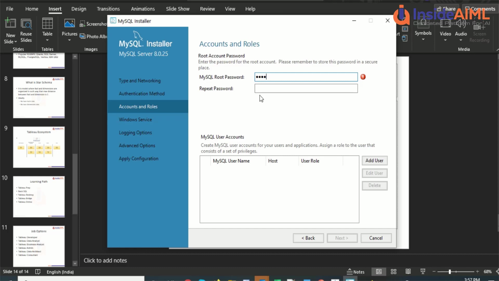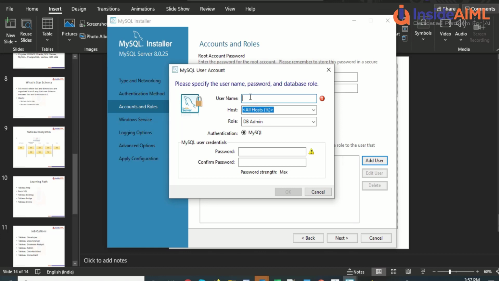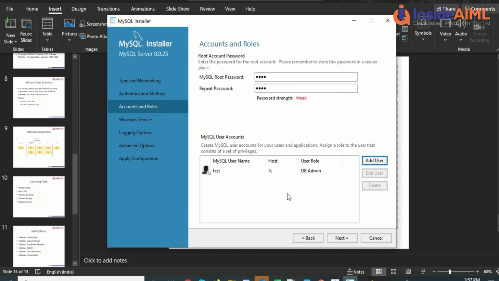So I'm giving some root password. Okay. Username, let's say test. All hosts, DB admin role, password. Okay, it's saying weak, but let's go ahead with that.